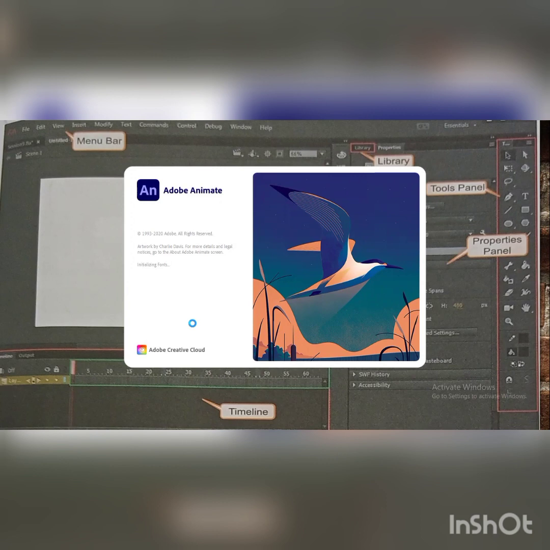Adobe Flash is the same as Adobe Animate. Only the appearance of your window will be different. All the tools and all the properties and everything will be the same. And on the bottommost side, you can see the Adobe Timeline.